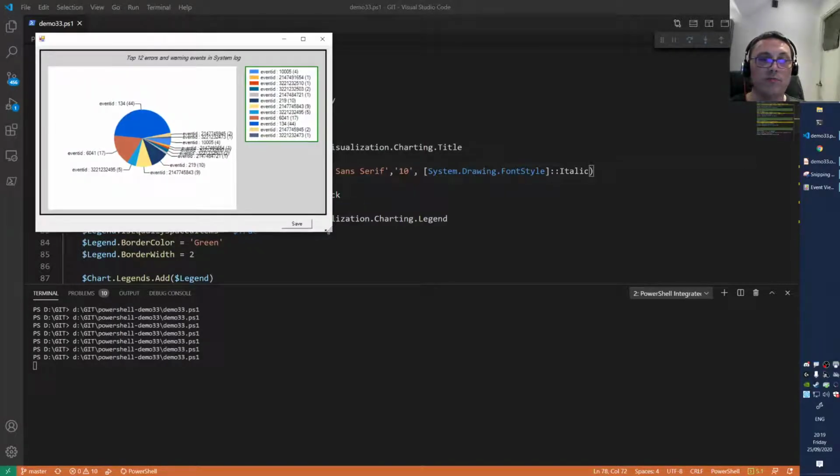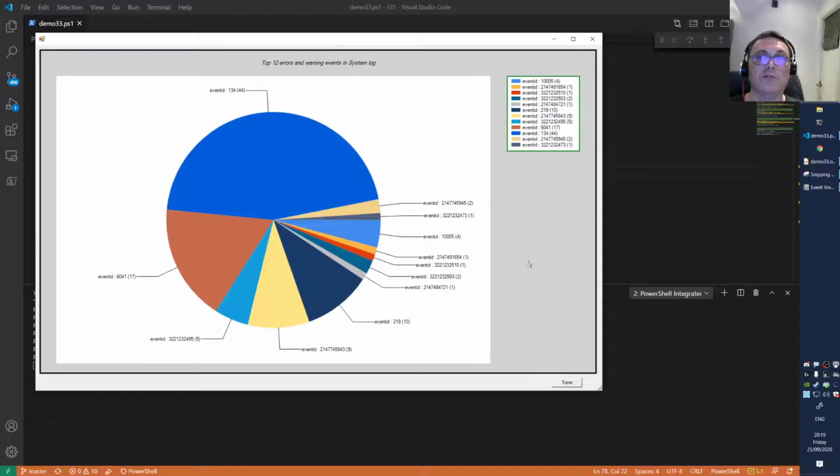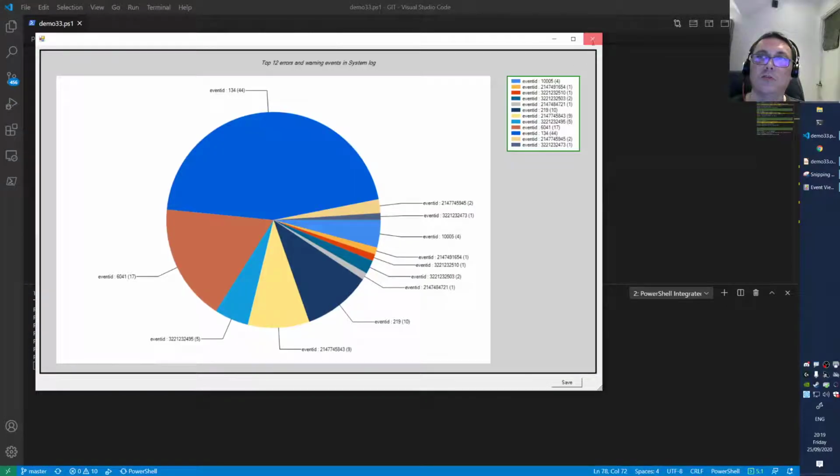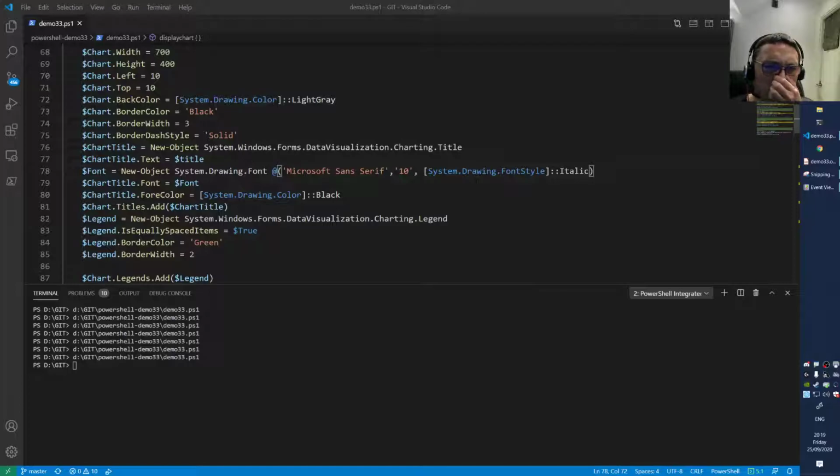And now we have a different font size and a different font type as well. You see here, this top 12 errors and warnings, that font size, we changed that. So that's pretty cool as well. And let's see if we can do more. Yeah, for instance, here, of course, you can specify other fonts if you know which fonts and which names, of course, there. Let me see if we can do some more.